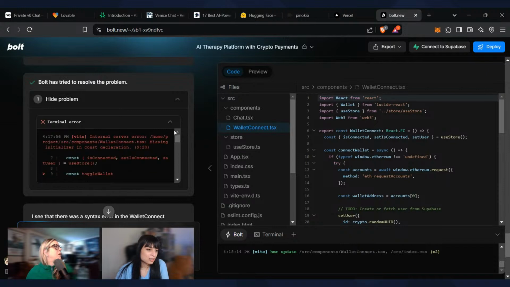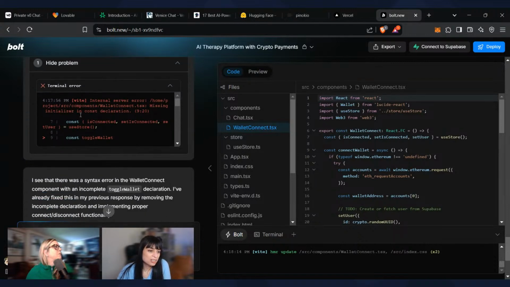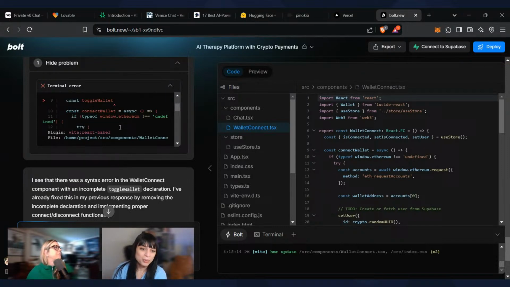Okay, so there you go. The error was that you had started off typing toggle wallet, and it's like, hey, that's not a thing. You didn't finish your constant there. Oh right, because I just typed it and didn't erase it. So what we have there is connect wallet, and then if you scroll down...